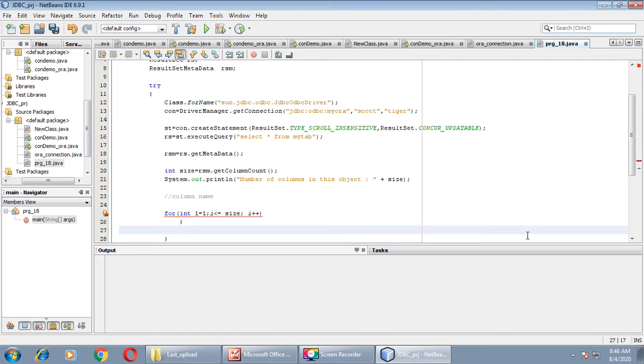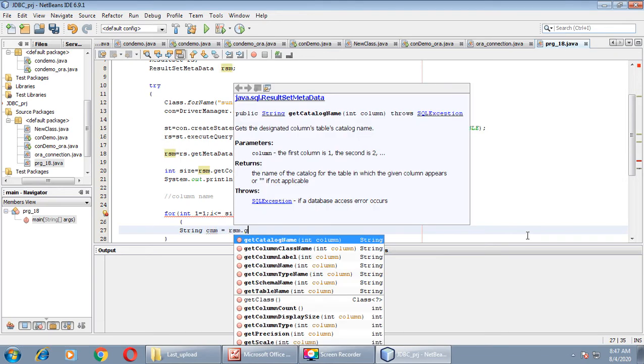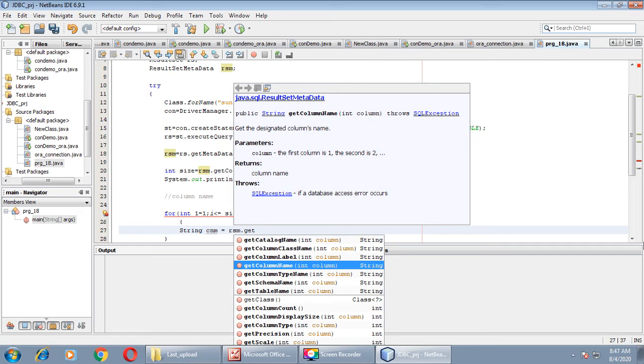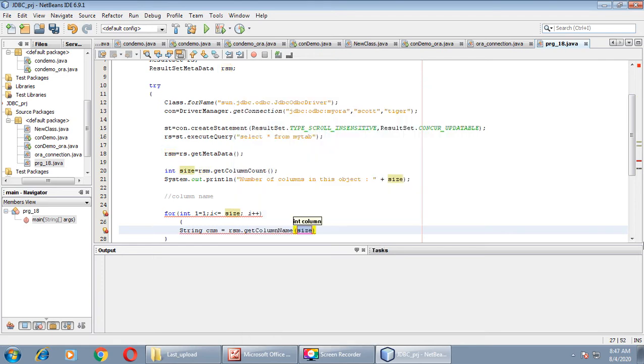Fine. For that we will use the get column name method. String column name cnm equals to rsm dot get column name. You can find this method in the list. Here it is, get column name. And we'll pass I as a parameter.